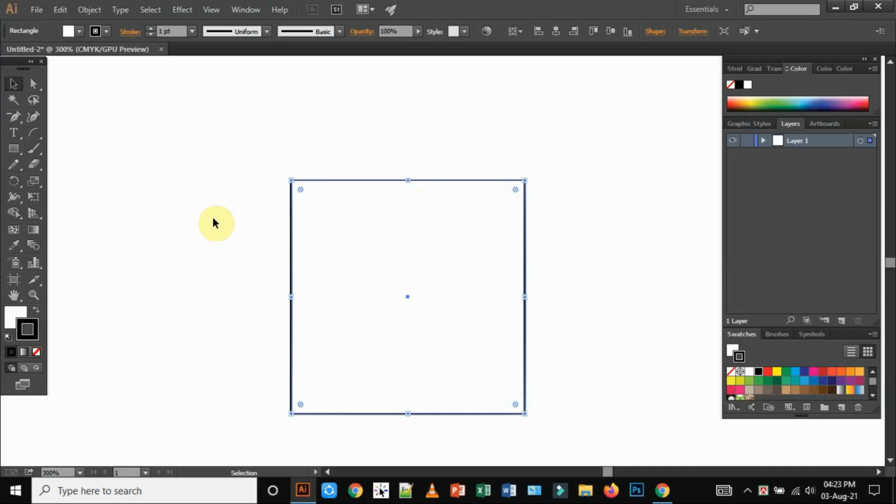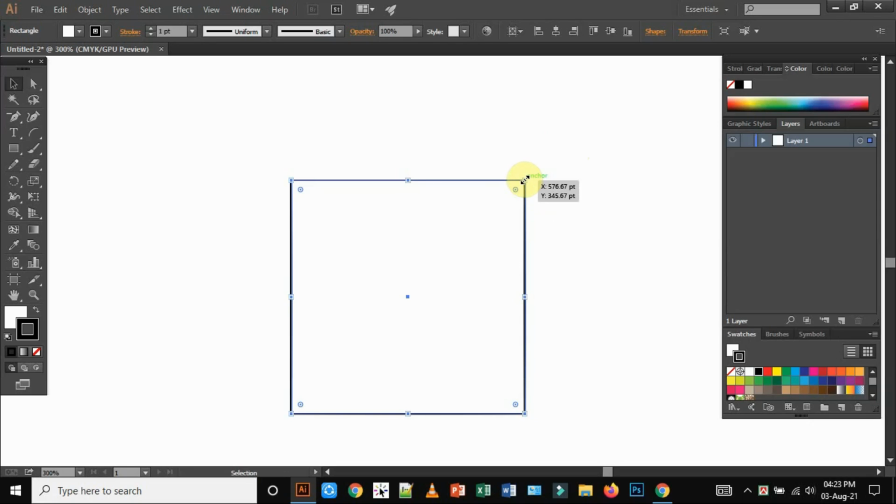After that, if you go to the corner point of this shape, you can see the cursor point is changed. That is the double arrow sign and also a straight line.